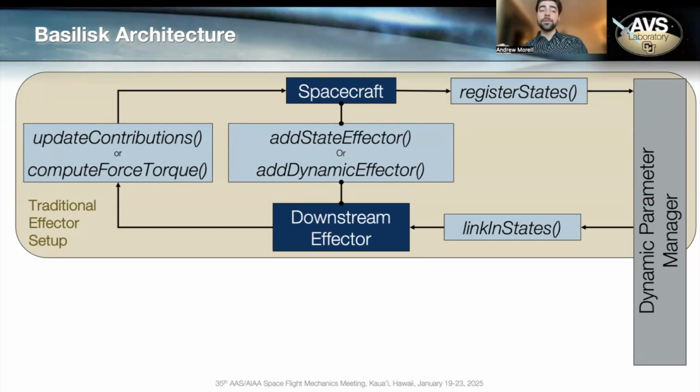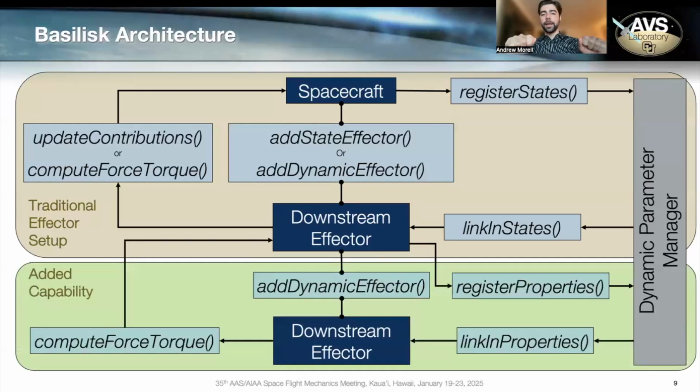And then whenever that downstream effector has dynamical contributions to contribute to the spacecraft's equations of motion, if it's a state effector, it'll call this update contributions to send those. And if it's a dynamic effector, it'll call this compute force torque method to send those forces and torques to its parent body. What we are augmenting is kind of adding a second loop underneath this, where now a downstream